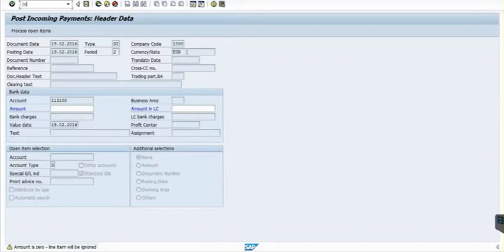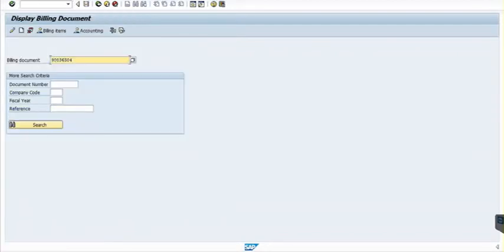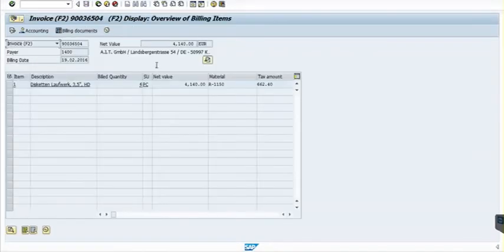Let's check how much tax is there. Okay, so here you can see 662.40 is the tax that we are getting from the ECC side. So this has to be included, as this needs to be paid by the company. So basically 4140 added to 662 comes to 4802.